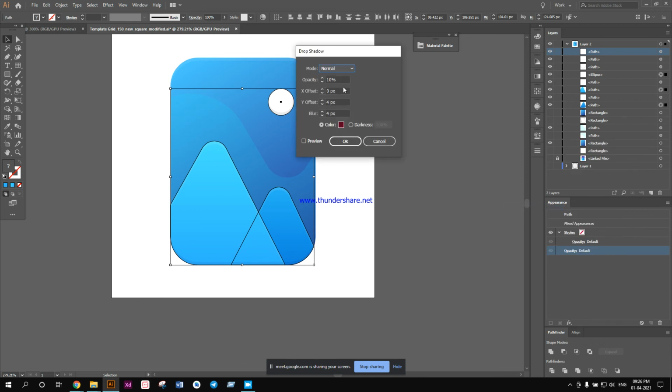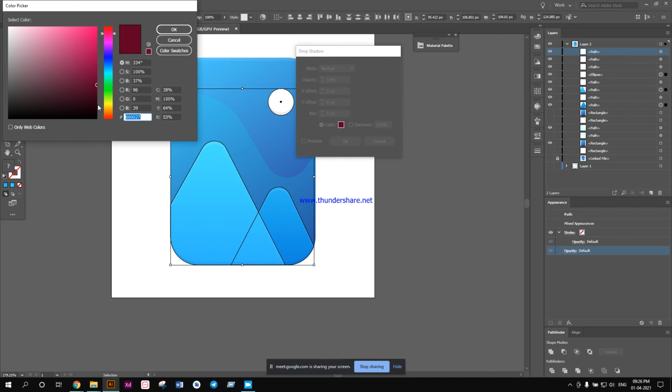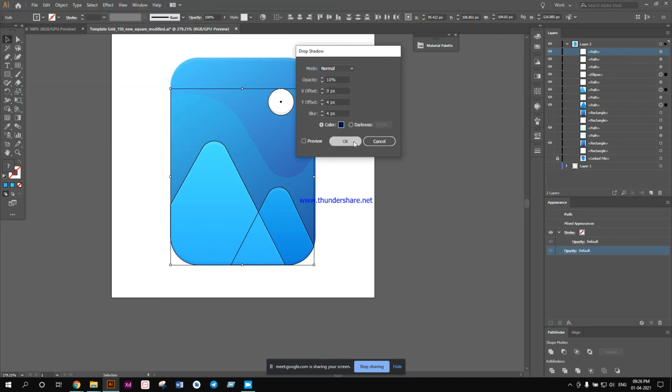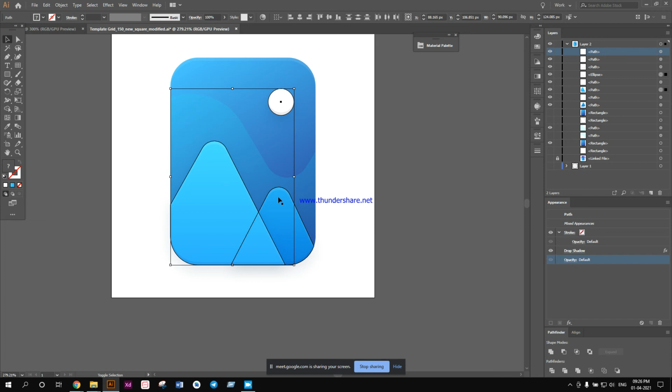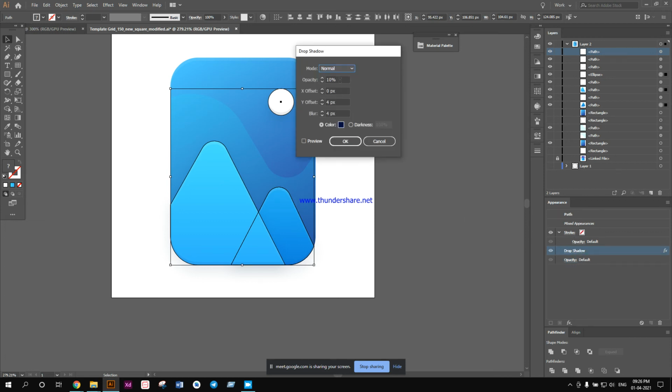Drop shadow, what should it be, like 10, 0, 4, 4, and I'm going to go for a darker blue. Okay, darker blue. Okay, it's good enough. I can just increase the drop shadow to something like 15%.